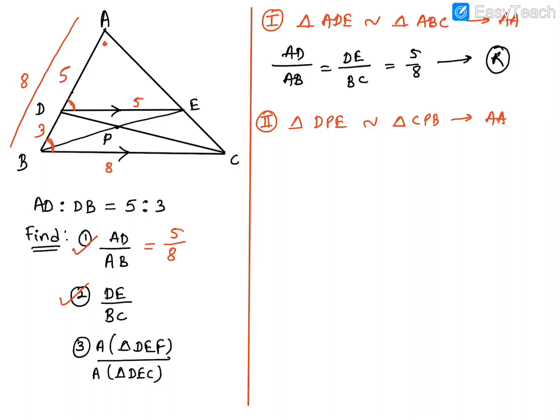Now if you are wondering why I found DP upon CPB, you'll come to know now. Now see, in the third part they are saying you need to find area of triangle DEF upon DEC. I'll just try to shade it so that probably it gets a little easier for you to understand. You have to find area of triangle DEF and DEC. So okay, I missed out on this. This point is actually, guys, this is DEP out here. Okay, I'll make a correction. This is area of triangle DEP.